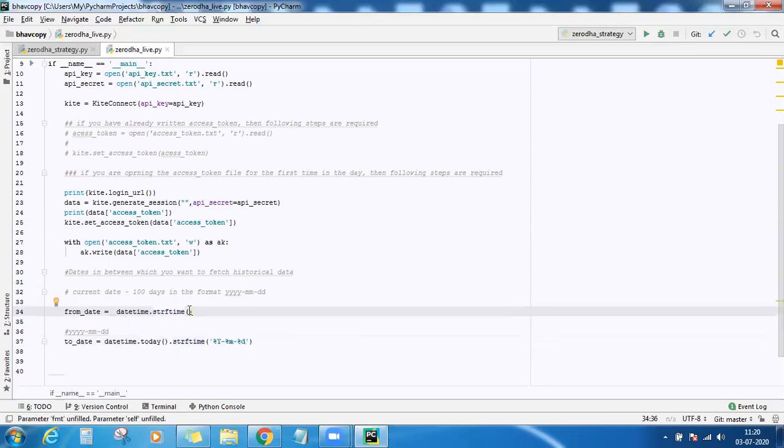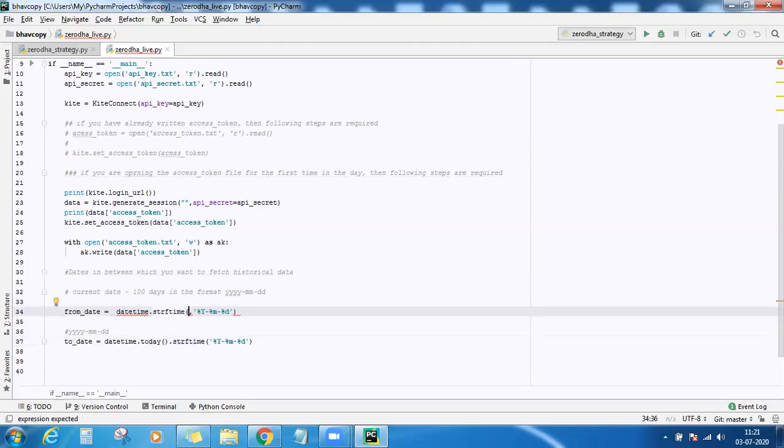To this strftime, first it accepts two arguments. One is the date and the other is the format in which you want to convert. The format is clear to us, this is the format I want, so that will be my second argument. And the first argument will be the date itself. What is the date? I'll need to do a calculation here.